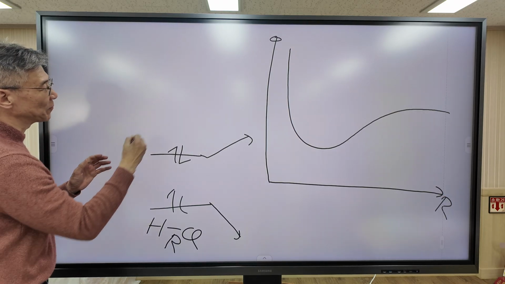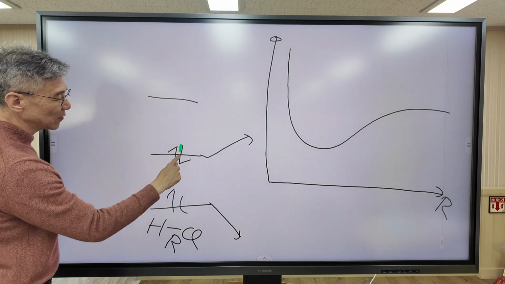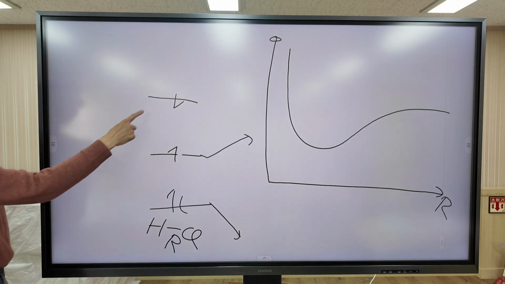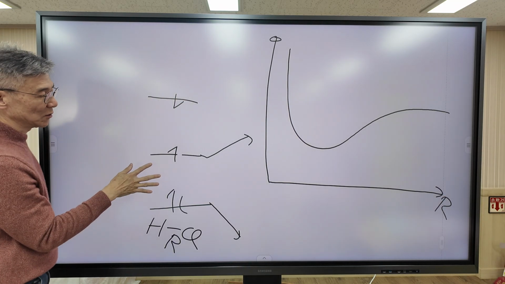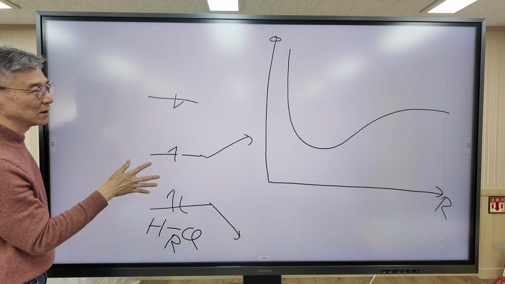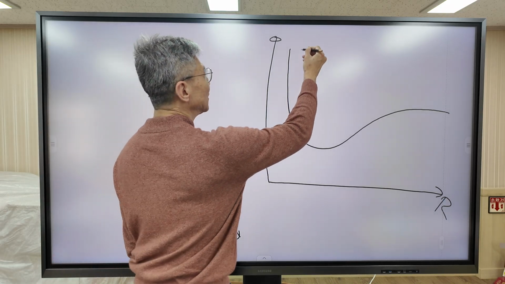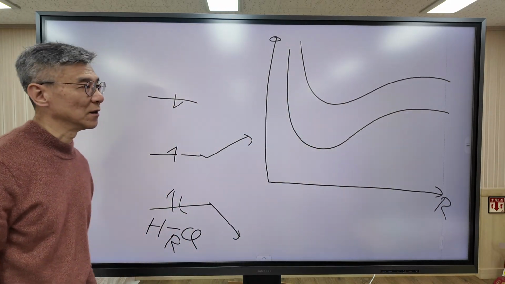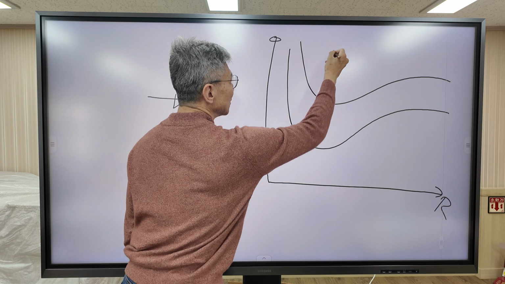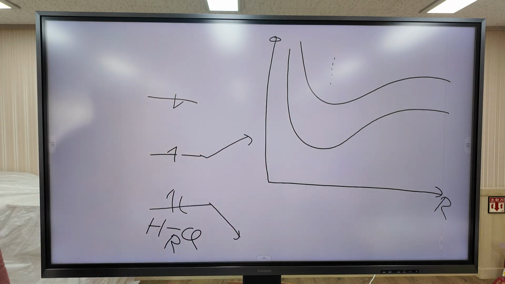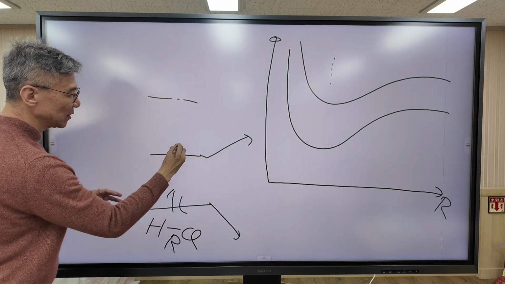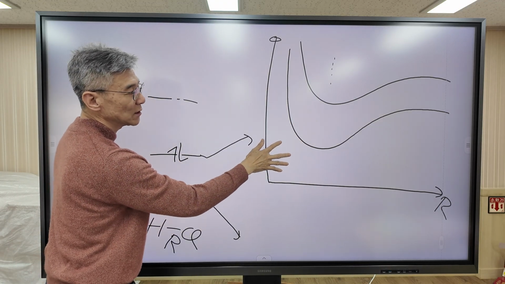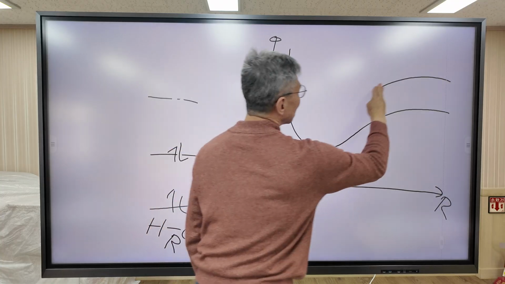But sometimes the electron may be promoted, excited to another orbital energy. Then the configuration changes. So for this configuration, we can plot another potential energy curve, which is higher than the previous potential energy curve. In this way, we can construct an infinite number of potential energy curves. So anyway, with each configuration, we can construct a potential energy curve. With this potential energy curve, we can define